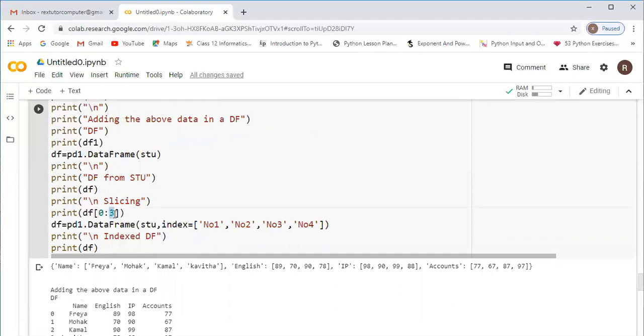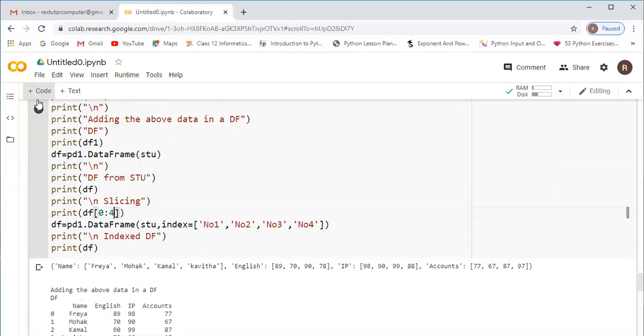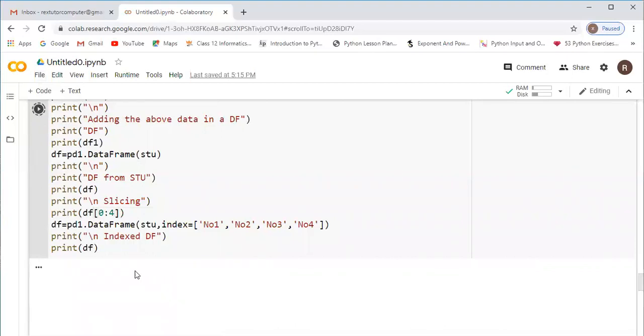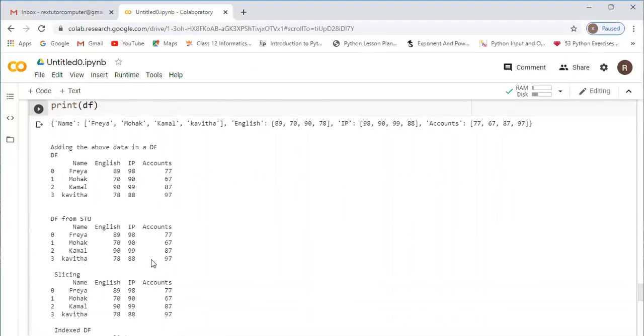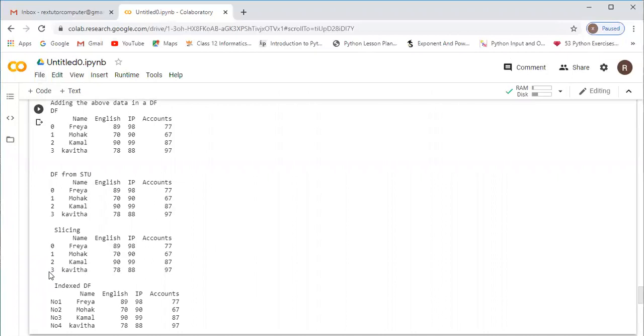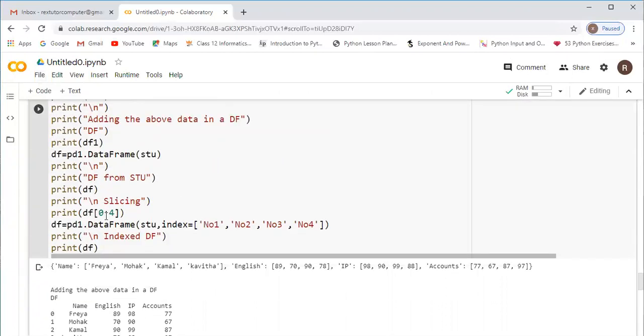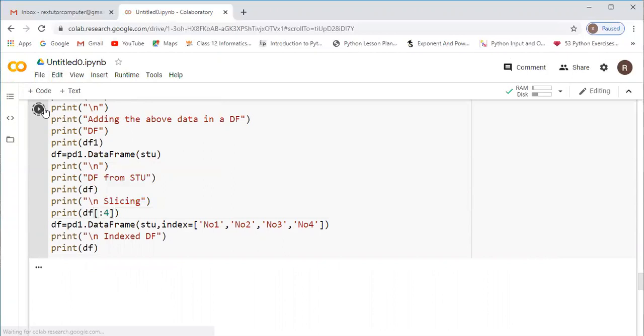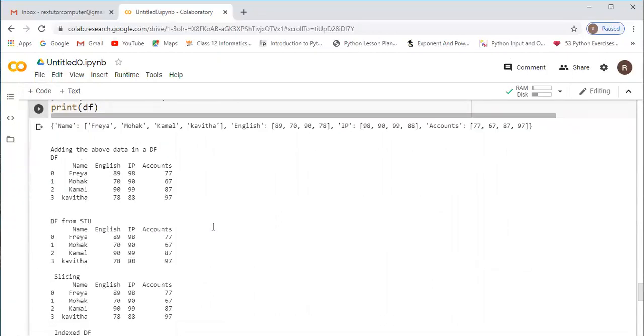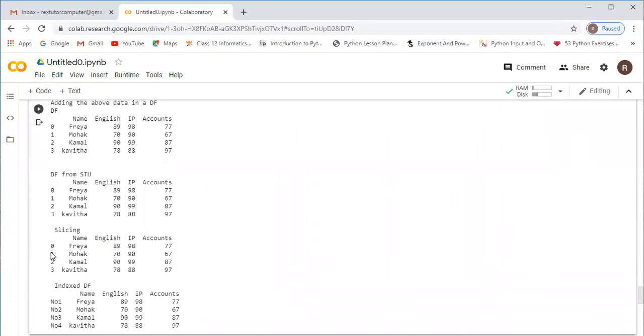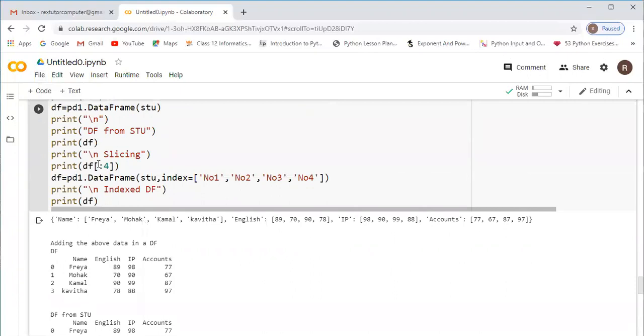Suppose instead of that, if we give 4, then 0 to 3, those records we will get in our output. If I don't want to give 0, that way also you can use it. Just :4, if you give that also, you will get the output. By default, it will take from 0 to 3.